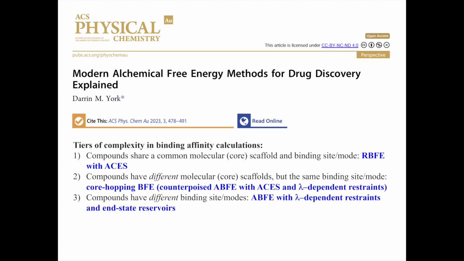Oftentimes, if you go back to those thermodynamic graphs and ask, okay, they reported statistical error estimates of 0.3, 0.5 kcal per mole, what were their errors in the thermodynamic cycle closures? If I went from A to B to C and back to A, oftentimes those numbers are factors of 2, 3, 4 times larger than the reported error estimates. So those are real errors. If you did an exact calculation and came all the way back to what you started with, you better get 0. If you don't, then that's an issue.